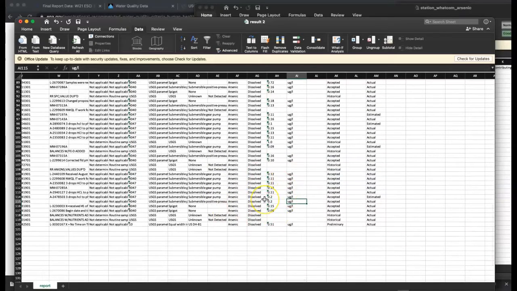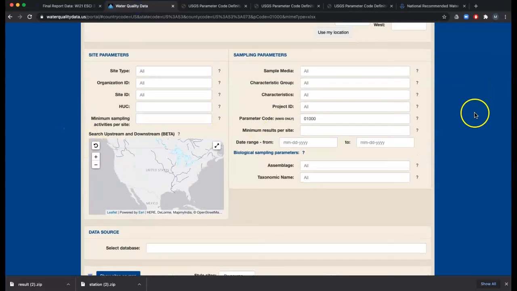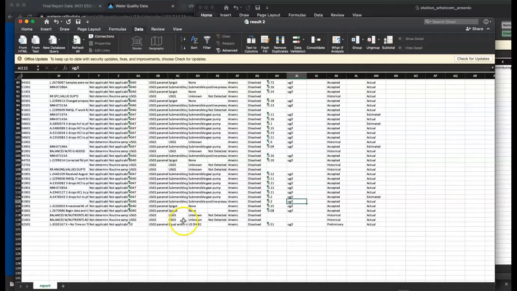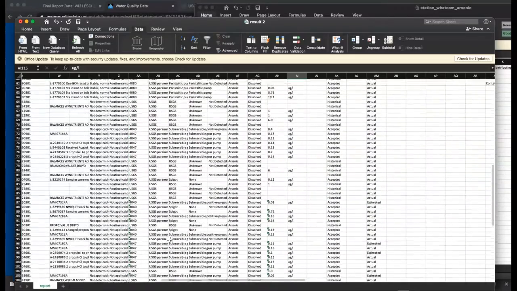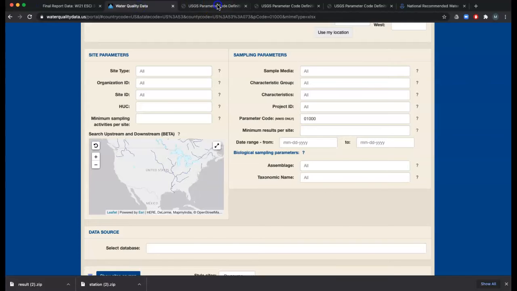But this alone gives us a fair amount to get started on. From here, what I would do is save this as the data Whatcom County, and then I would save it by the parameter code, which the parameter code we used was 1000. And I'd go back and play with a couple of the other parameter codes to see if there's more data. And so we had,